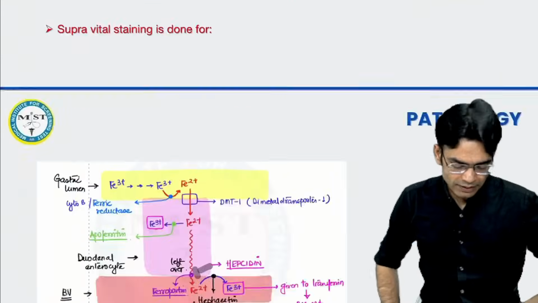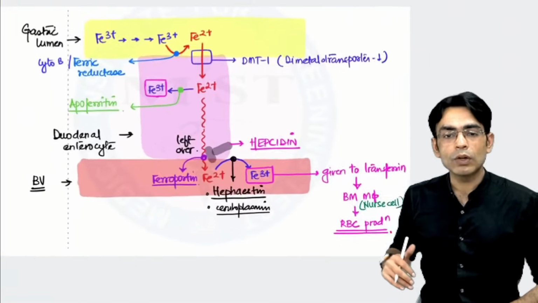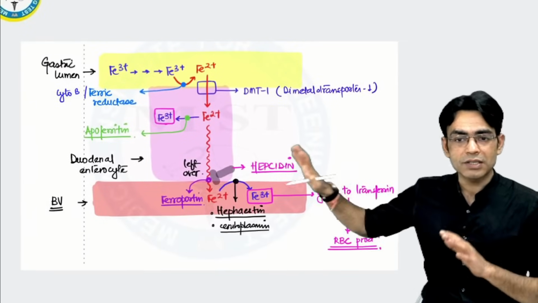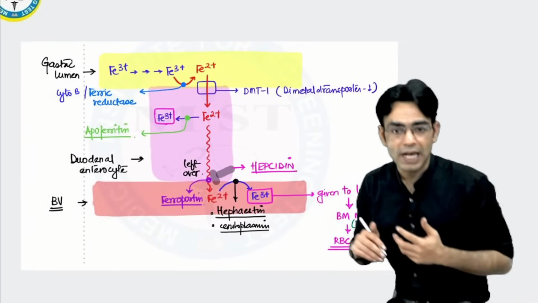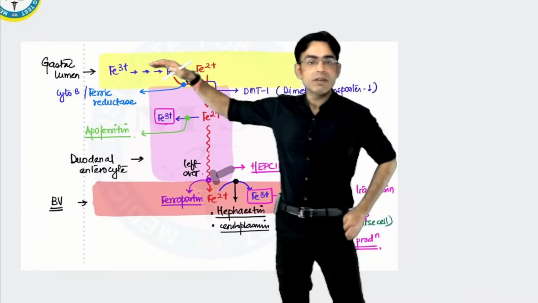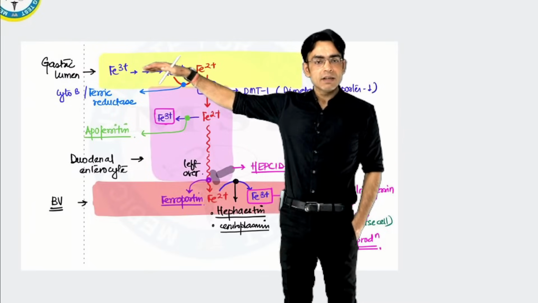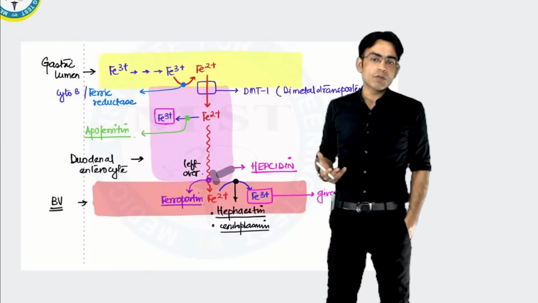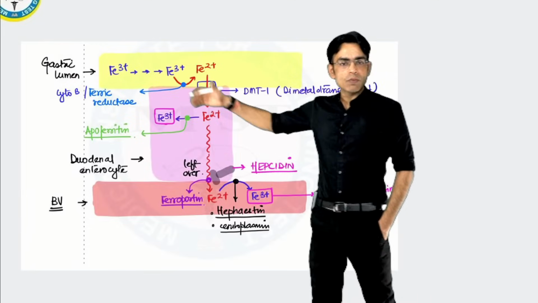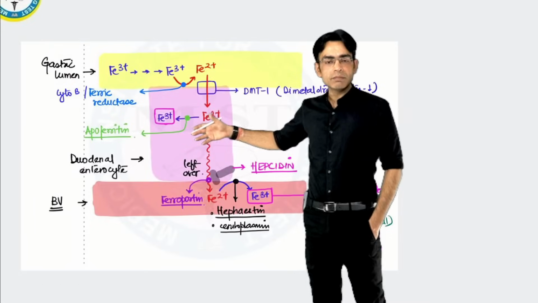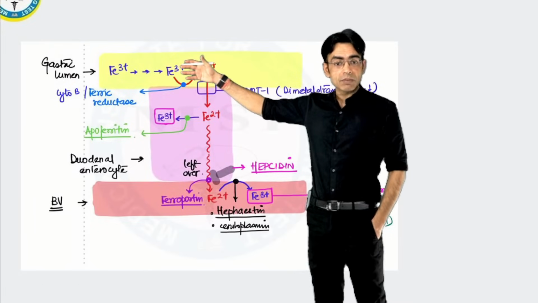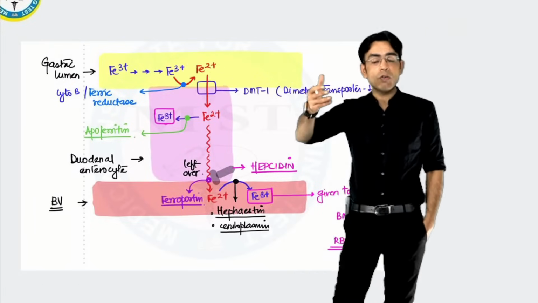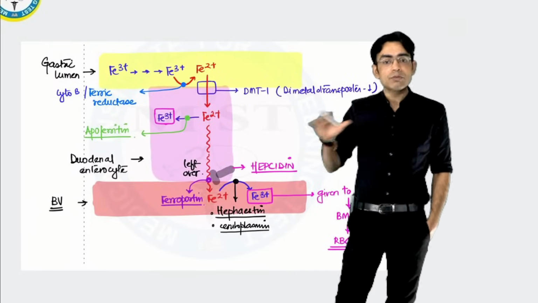yes, देखो ये अपन ने in the classes we have done about this iron mechanism, the absorption of the iron. तो whatever iron we are taking from the diet is ferric iron. Now when ferric iron comes near, what is the first site of iron absorption in the body? That is your duodenum. So whenever the iron comes near to the duodenum, this is the ferric form which you are taking from the diet. Ferric form is a transport form and a storage form. It is not an absorption form.